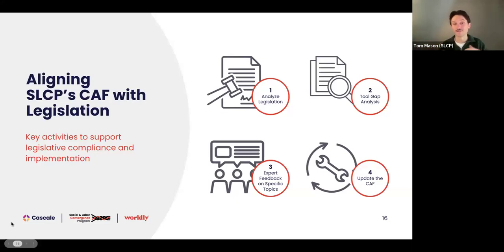And this task force is made up of SLCP signatories. So if you're a manufacturer or stakeholder that's also an SLCP signatory, which is many of the Cascale members, you're also able to join this task force if this is something that you want to help guide and influence. So please do get in touch if that's something of interest, and we can see how we can involve you as well, because it's not just brands that are creating these CAF questions, it's also manufacturers and other stakeholders, given we're a multi-stakeholder initiative.